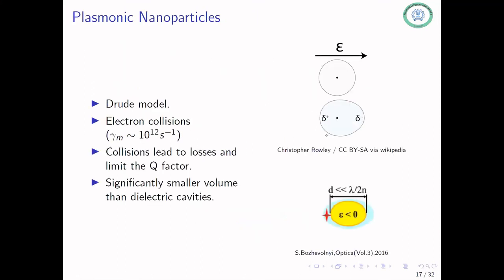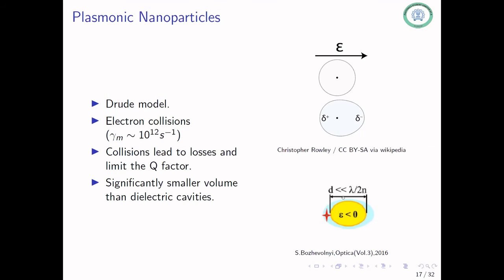The next type of resonator that I'm going to be looking at is something called a plasmonic nanoparticle. So what we are talking about is you have an atom here and you have a small particle of some metal, maybe silver, gold, something like that, where your size can be very, very small even as compared to the wavelength. And the way this works is your atom oscillates the electromagnetic field.